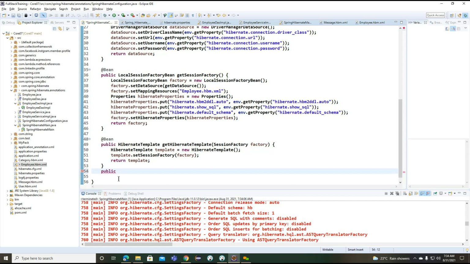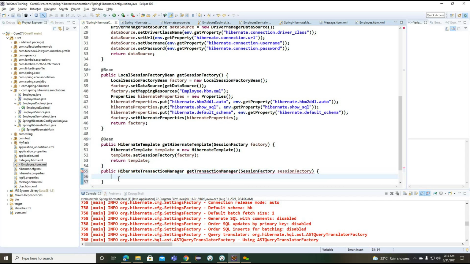Here we have the Hibernate Transaction Manager. We are working on the 3 here, and we can provide the session factory as a parameter.